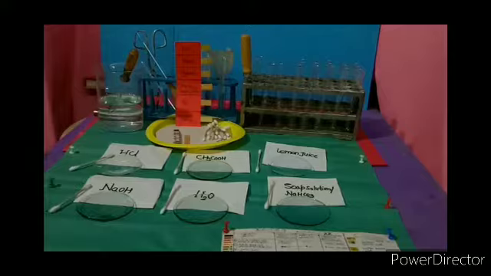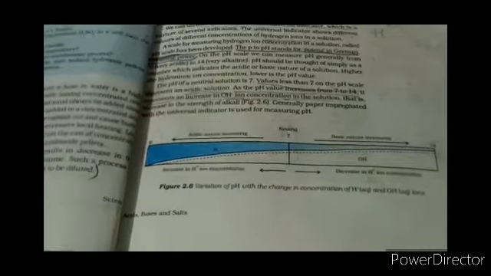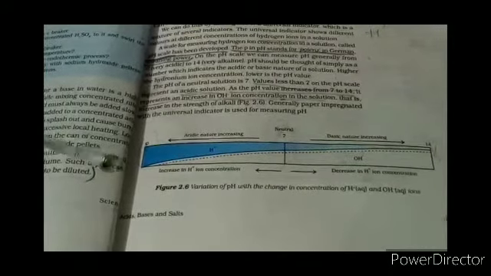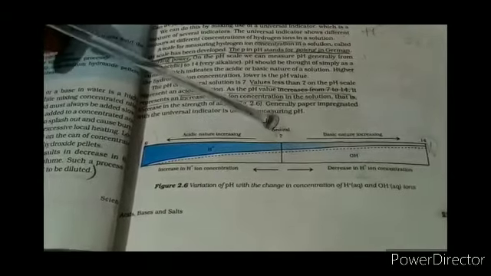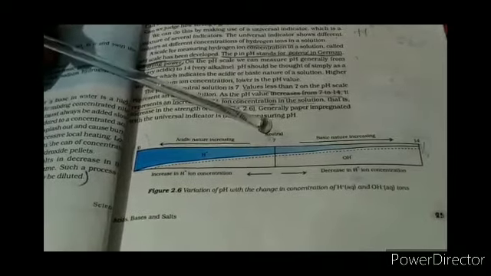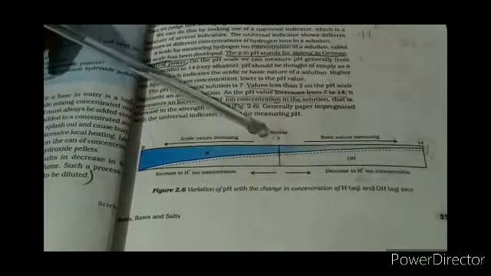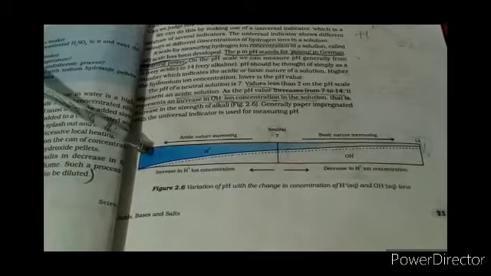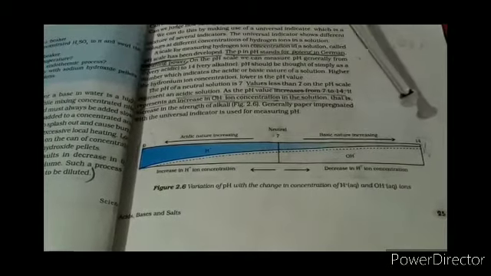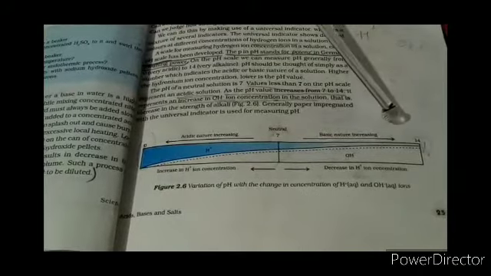Now I am going to discuss the pH. Here there is a pH scale in which the pH range is between 1 to 14. You can see that pH 7 is neutral. That is the pH scale I have discussed in the online class also. So please pay attention here. In the region 0 to 7 it is acidic, and 7 to 14 is basic in nature.